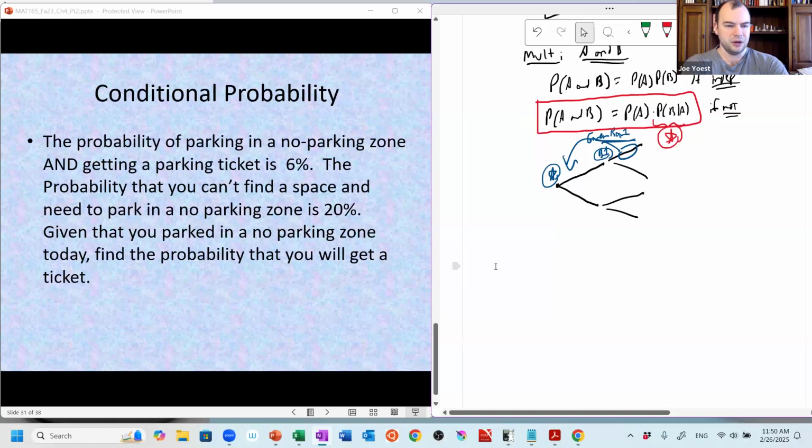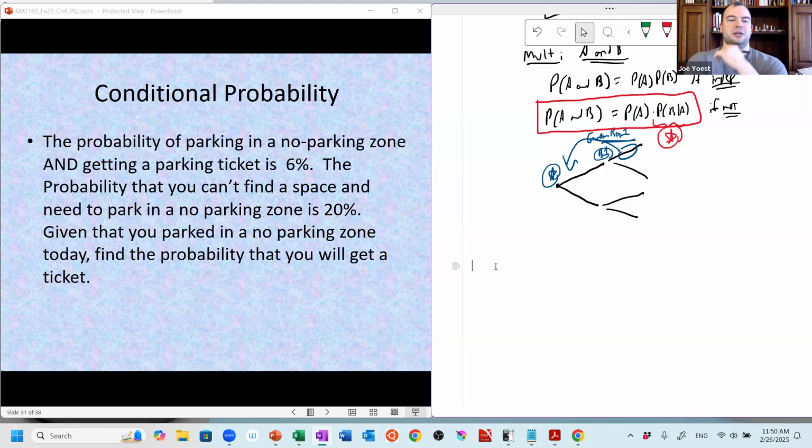before next time. Okay, so let's look at an example here. Let's suppose that the probability of parking in a no parking zone and getting a parking ticket is 6%. So I went to grad school at Pitt, and I was a commuter, so notoriously, it's pretty challenging to park in Oakland. So let's use that context. And let's say, if I look back over the last 100 days that I went to school, there were some of those days where I parked in a no parking zone and got a parking ticket, maybe 6 of those 100 days. So the probability of parking in a no parking zone and getting a parking ticket, I estimate to be 6%.